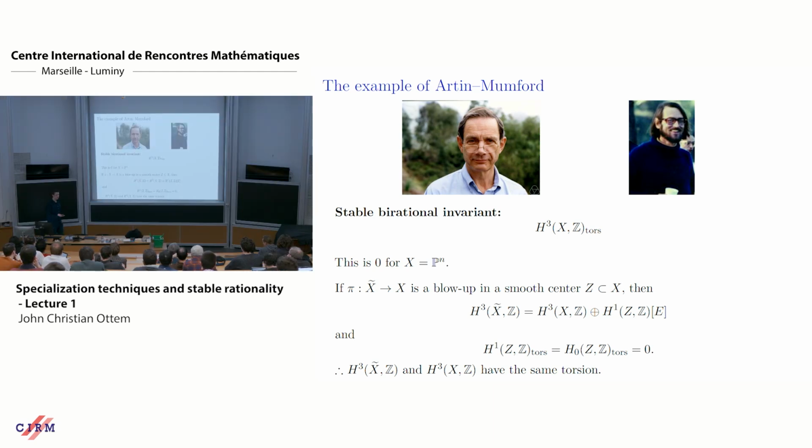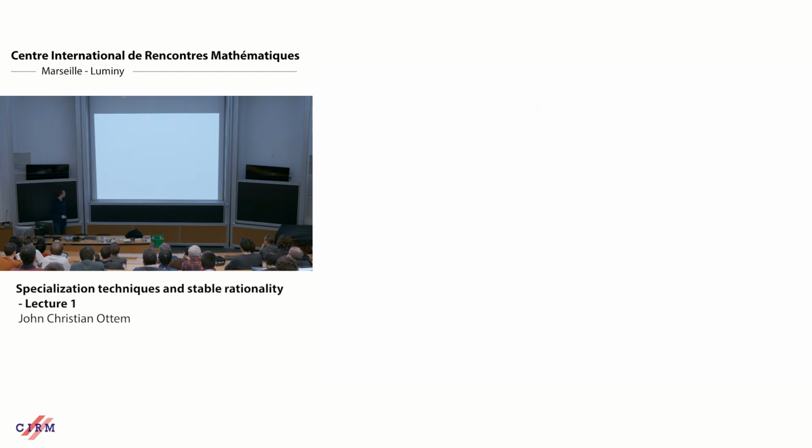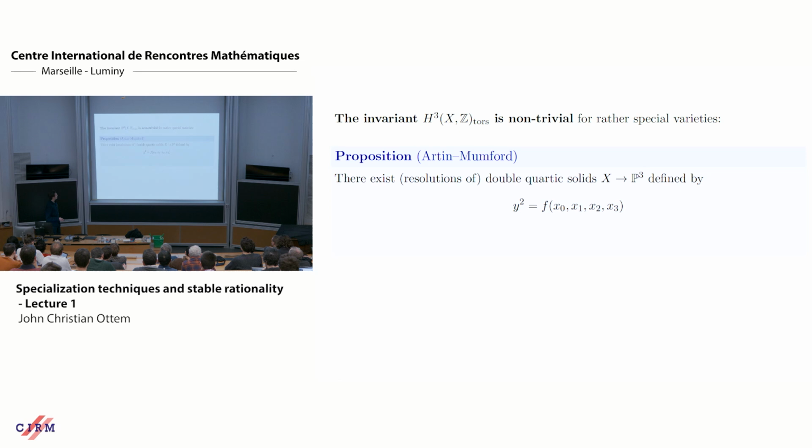Okay, so this is a very basic birational invariant, but it's interesting because many varieties that are close to being rational have a non-trivial Artin-Mumford invariant. Unfortunately, this is non-trivial for rather special varieties. So what Artin and Mumford